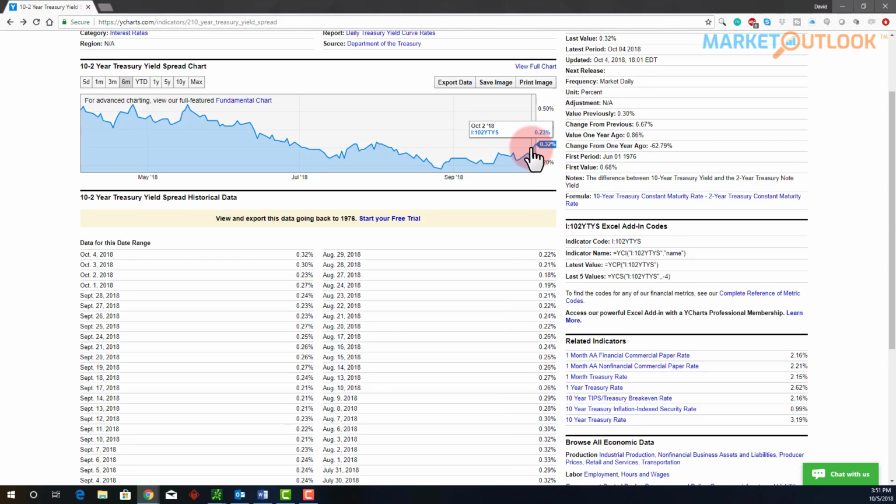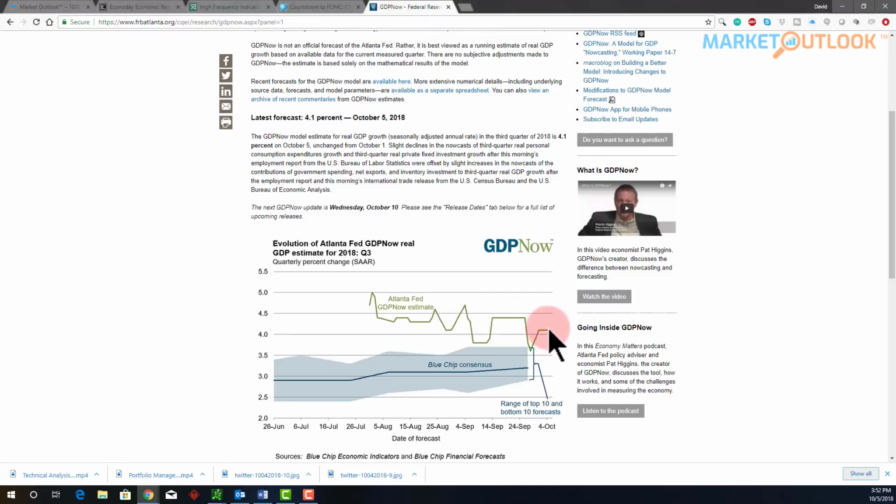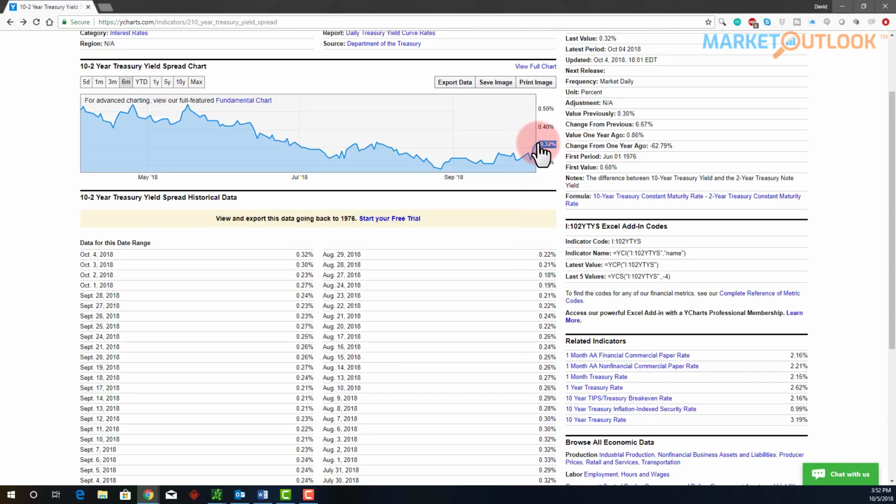So this isn't rising because the Fed's lowering rates. It's rising because long-term rates are rising faster than short-term rates. And again, long-term rates are more impacted by economic growth expectations, which you see are still strong, versus inflationary expectations, which impact the shorter-term rates. When short-term rates rise faster than long-term rates, that's a reflection of higher inflation expectations compared to growth expectations. That's where the Fed raises rates more aggressively, and the yield spread will typically drop when those short-term rates rise faster than the longer-term rates. So the fact that the yield spread is going up is a sign of positive sentiment right now towards